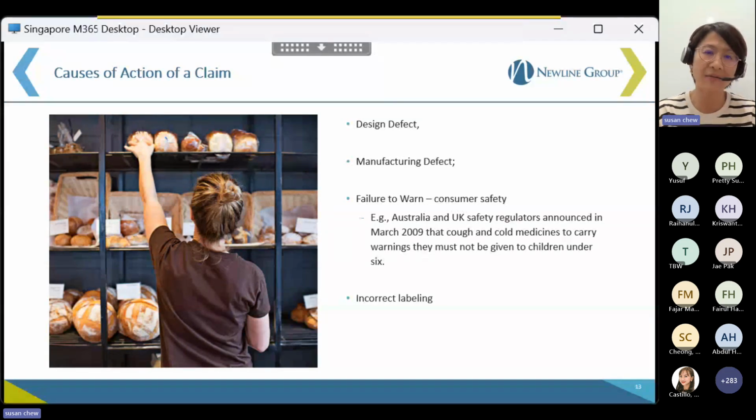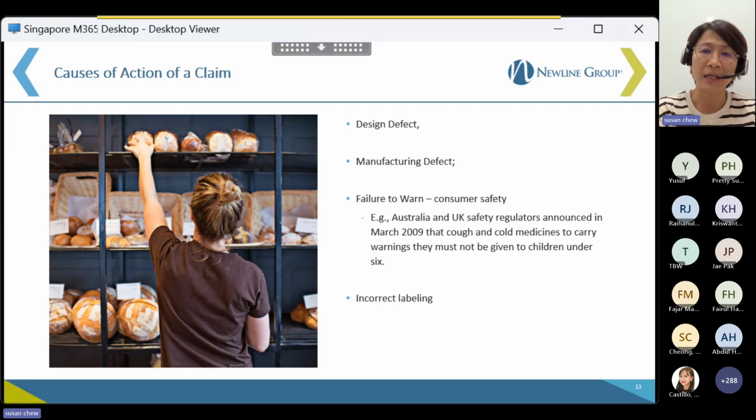That means the design of the product itself is perfectly acceptable, it's safe. However, in the manufacturing process, something has gone wrong. The food product has been contaminated. As a result, there's a manufacturing defect. These are the obvious causes of action, but what we wanted to highlight is that any product comes